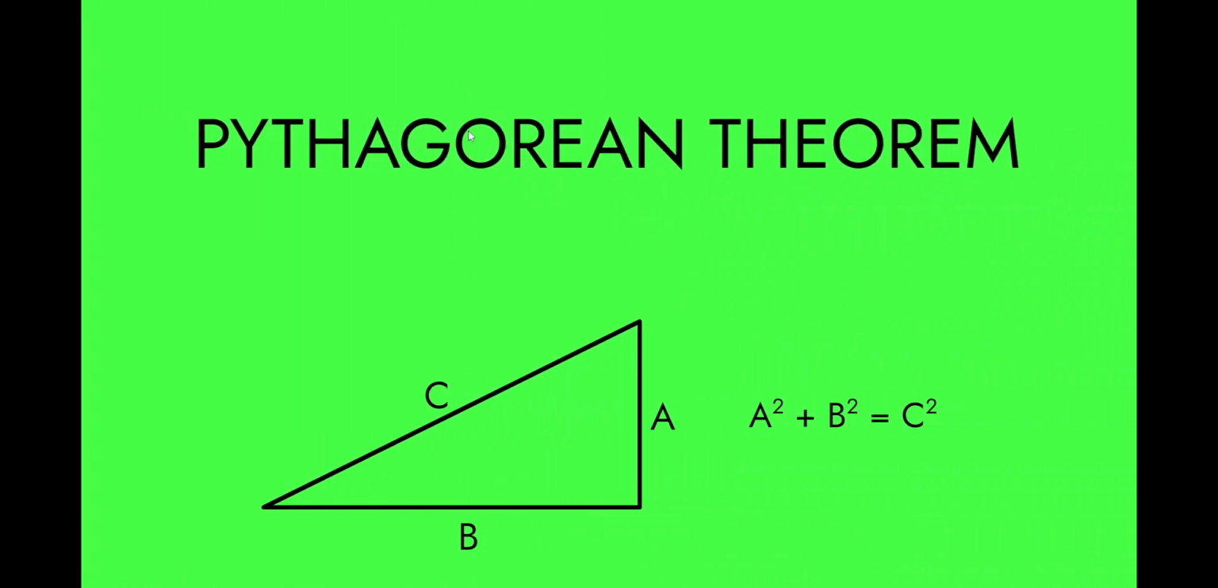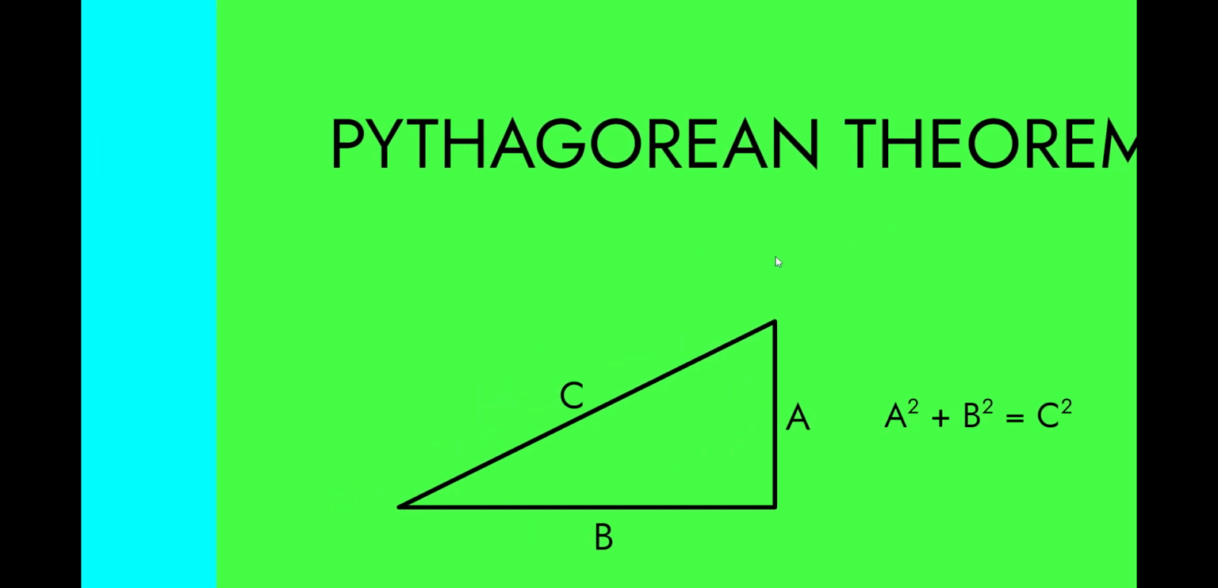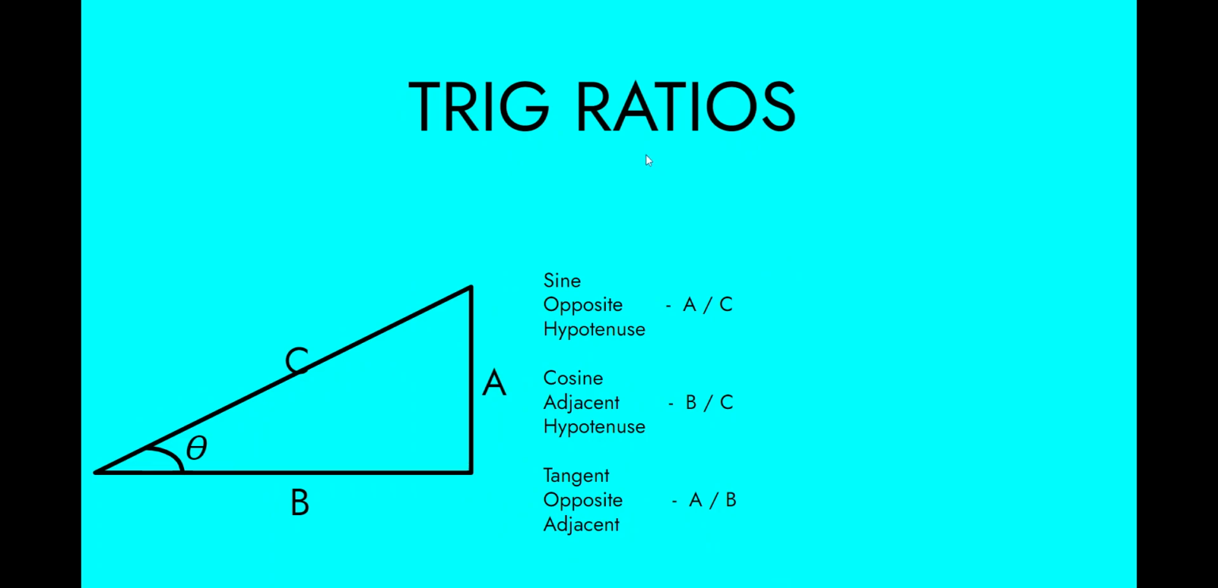Of course, this requires knowledge of the Pythagorean theorem, and it's for right triangles only. So here we can see the formula a squared plus b squared equals c squared. So the two sides squared will equal the hypotenuse squared. Now, knowing the Pythagorean theorem, we can use